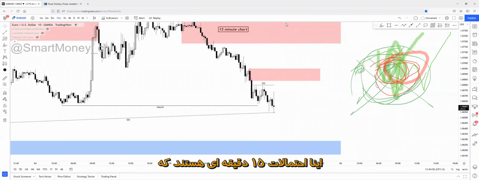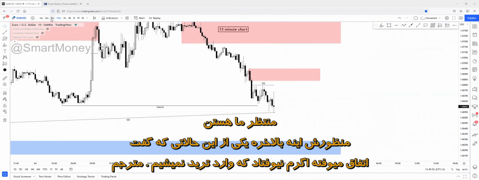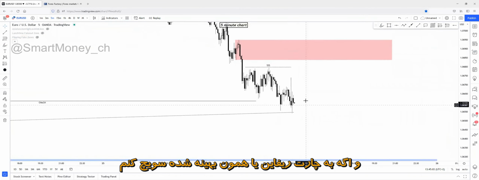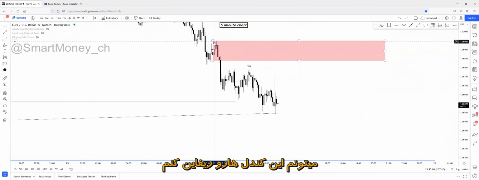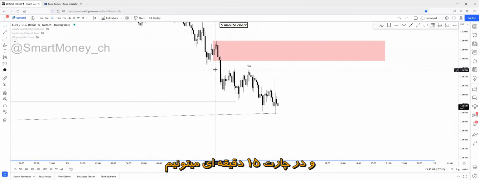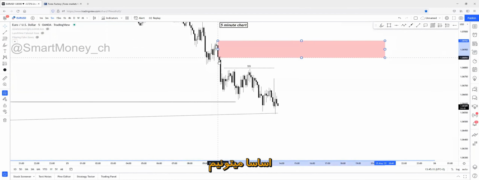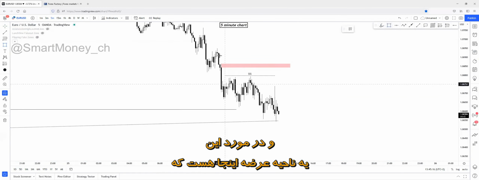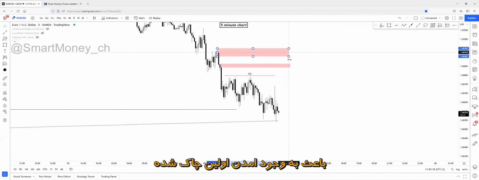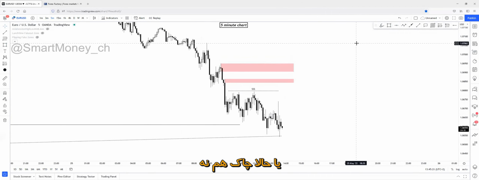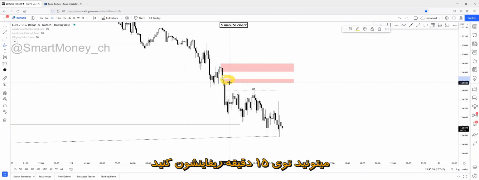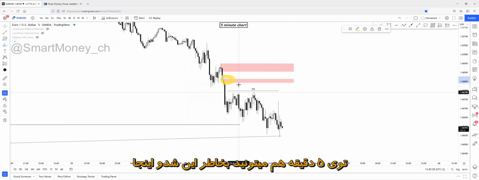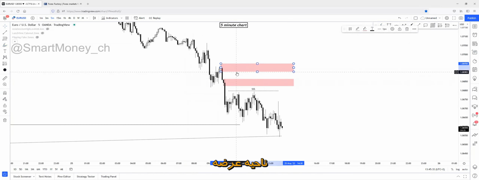Let me just remove the drawings. Okay, these are the 15-minute possibilities that are lining up for us. And if I switch to the 5-minute chart, I will be able to refine these candles. On the 15-minute chart, we can actually see this wick as the start of the inefficiency. And above this, there's this supply zone that is called the first change of character, or not even change of character. But yeah, these are the two supply zones that we can refine from the 15-minute to the 5-minute for this week, or even we can use this candle as a full supply zone.